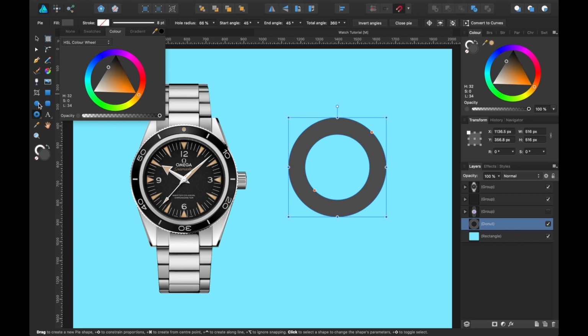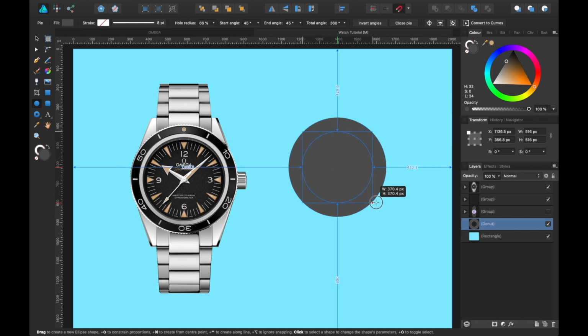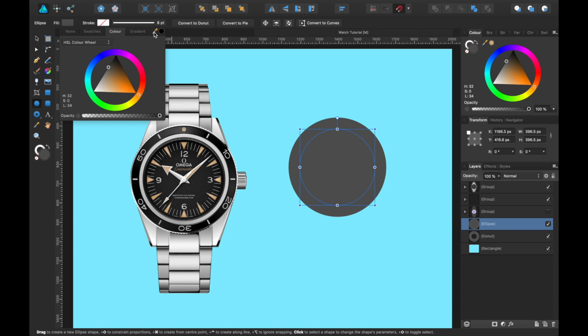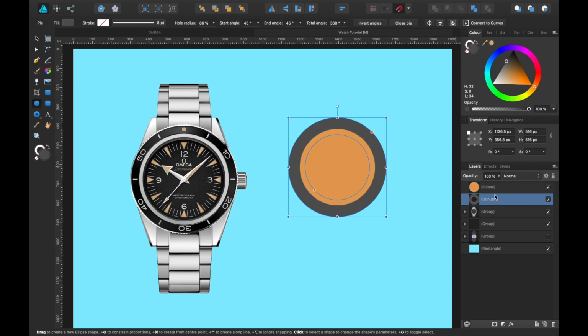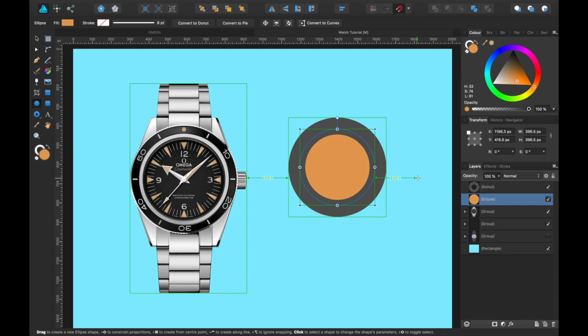Okay, next thing you want to do is go to the ellipse tool, go to the center, click and drag, so it goes over into the donut. Okay, and you can see it there. Let's change the color of that to, let's try an orangey color like that. So here they are, the two. Let me stick these on top so it's a bit more obvious. Okay, so you want to drag the orange circle underneath, and let's try and start making this 3D.